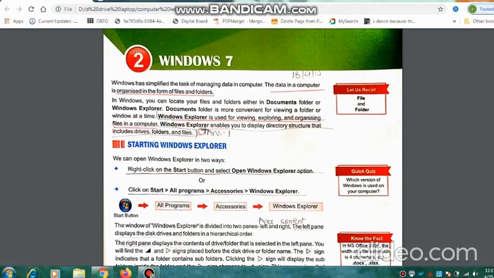It enables you to display the directory structure that includes drives, folders and files. That means Windows Explorer is a kind of window which helps you to view, to explore and to organize the files in the computer. It even displays the structure of the drives, folders and files in a proper way.